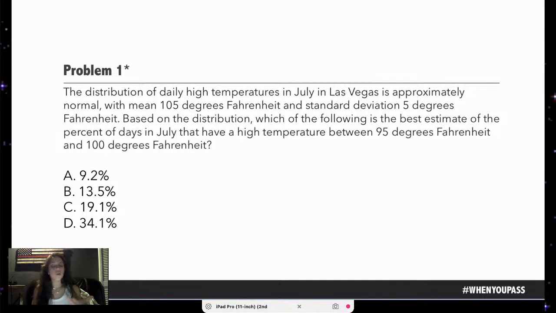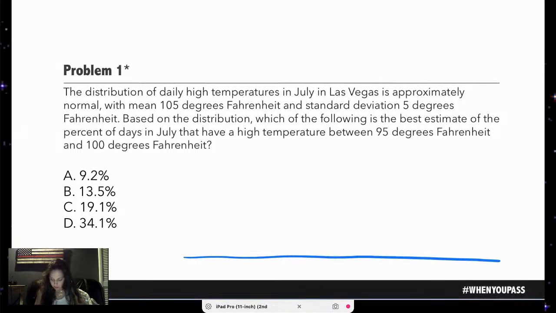All right. When we see distribution, we know that we are looking for a spread of data, which usually means we're looking at standard deviation. So that said, we need to know that standard deviation falls on a normal bell curve.